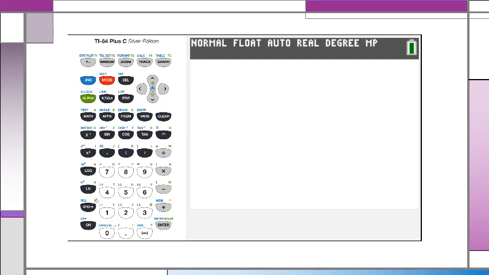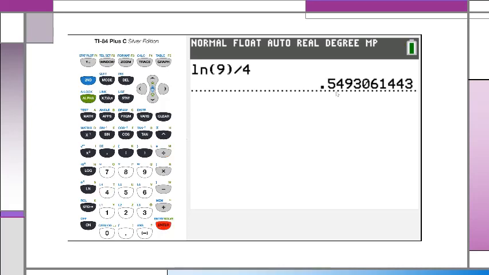So I'm going to hit ln, and it brings up parentheses, and I put a 9, close the parentheses, and divide by 4. When I round that to the nearest 10,000th,